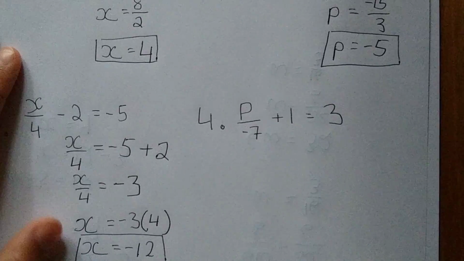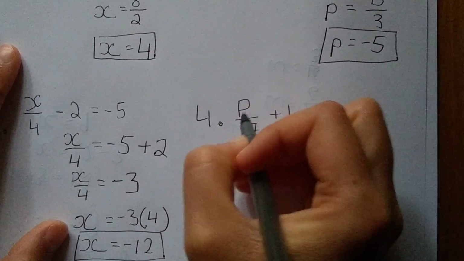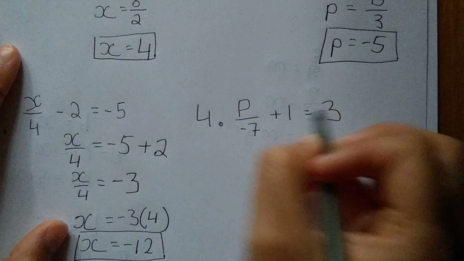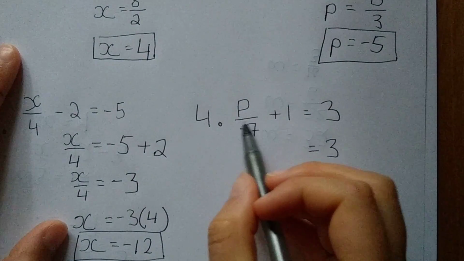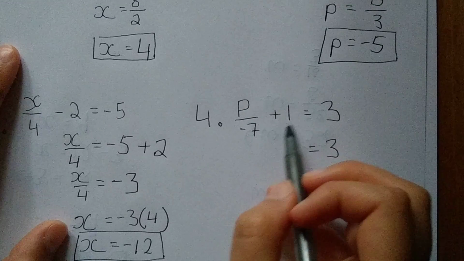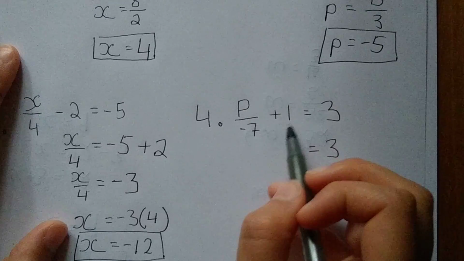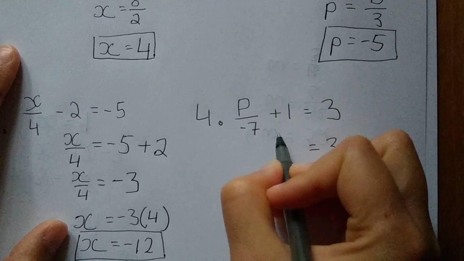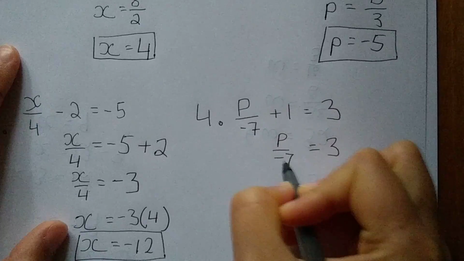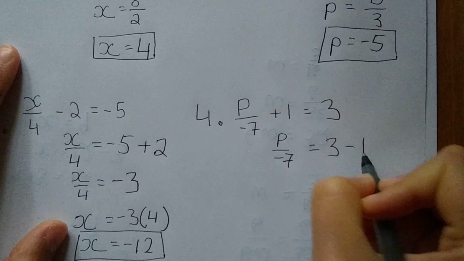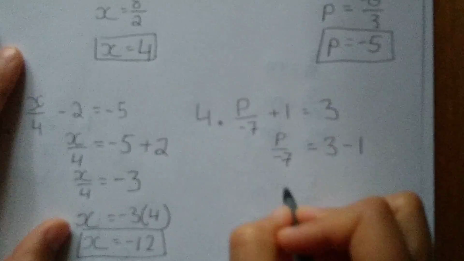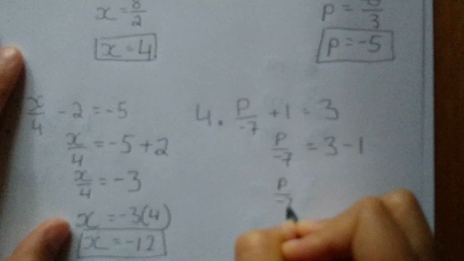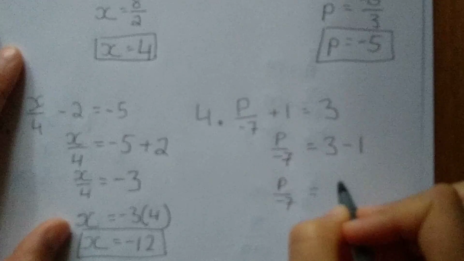And then our last question here, we have p divided by negative 7 plus 1 equals 3. So the 3 is fine. We have divided by negative 7 and plus 1. So we have to cancel the addition or subtraction first. So the plus 1 will become minus 1 on the other side. But the p divided by negative 7, we can leave that for now. So p divided by negative 7, and then 3 minus 1